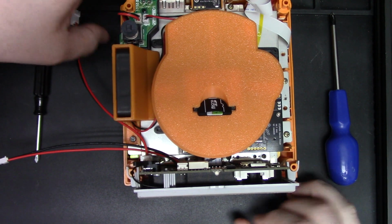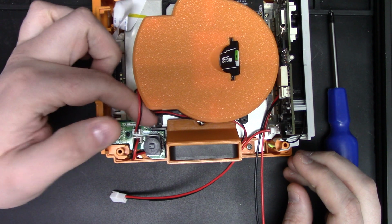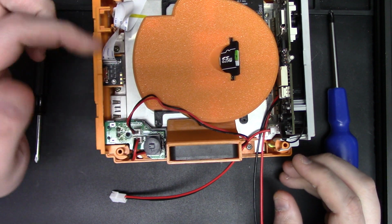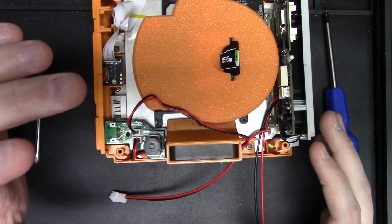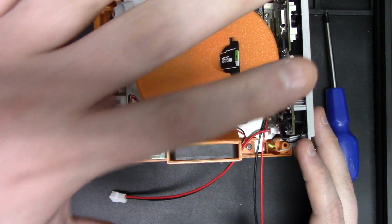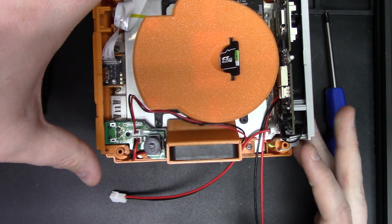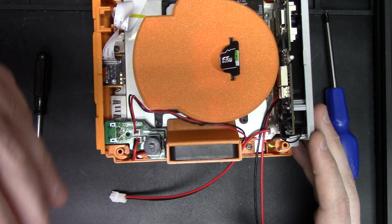Next up, we're going to come to the power side of things. So if you leave your fan plugged in here, which is totally viable, the fan will run at all times, even if the console is powered off via the Bluetooth control functionality. If you would like your fan to turn off while the console is in that kind of pseudo standby stage,